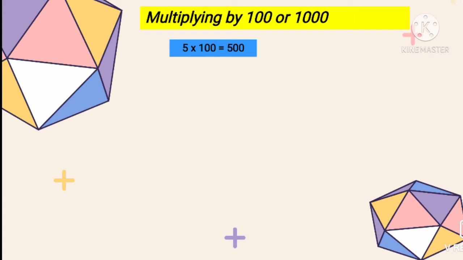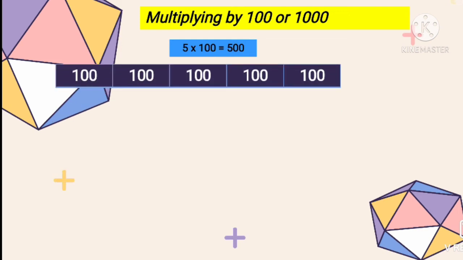Now, multiplying by 100 or 1000. 5 times 100, it is 500. You just need to add 2 zeros because 100 has 2 zeros. So this is 5 hundreds. 12 times 100. Just write down 12 and add with 2 zeros. It becomes